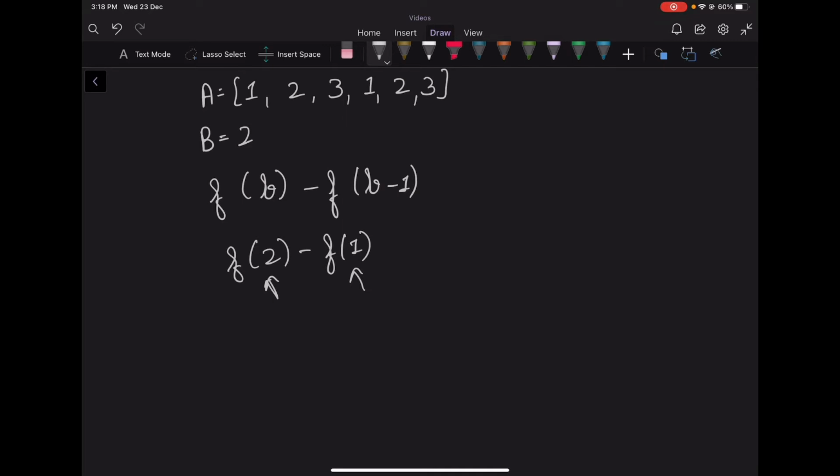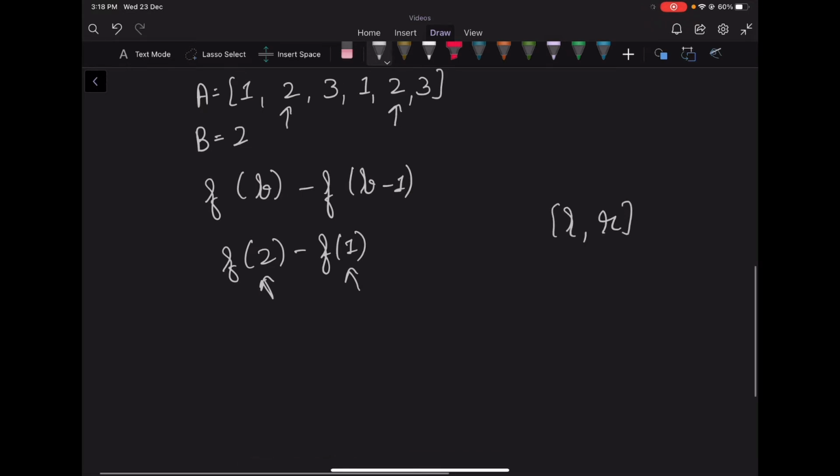So we will use a technique called two pointers. The idea this technique can be used is because for each left pointer L, we'll find the rightmost pointer R such that the subarray L to R contains at most B special elements, right? Because if the subarray L to R contains at most B special elements, the subarray L to R minus 1 will definitely contain at most B special elements since we have actually reduced one element.